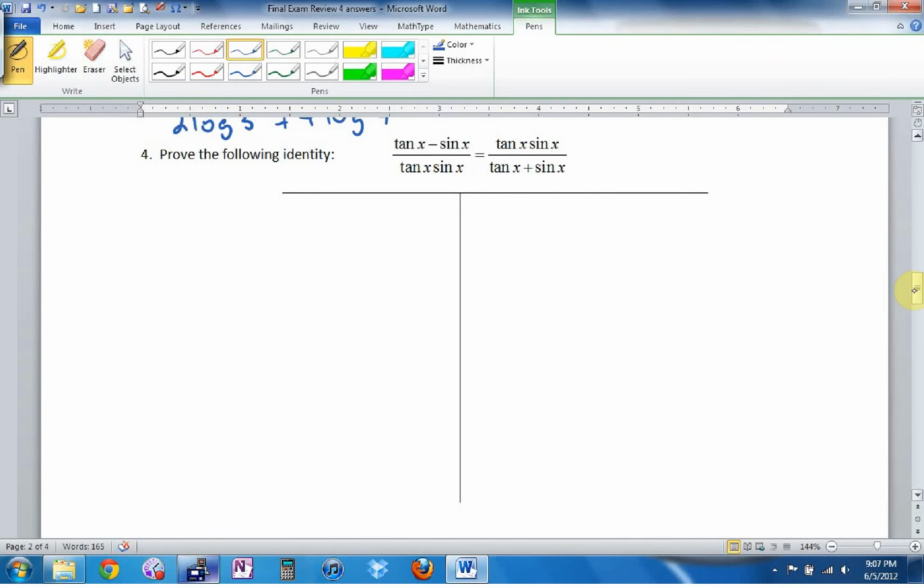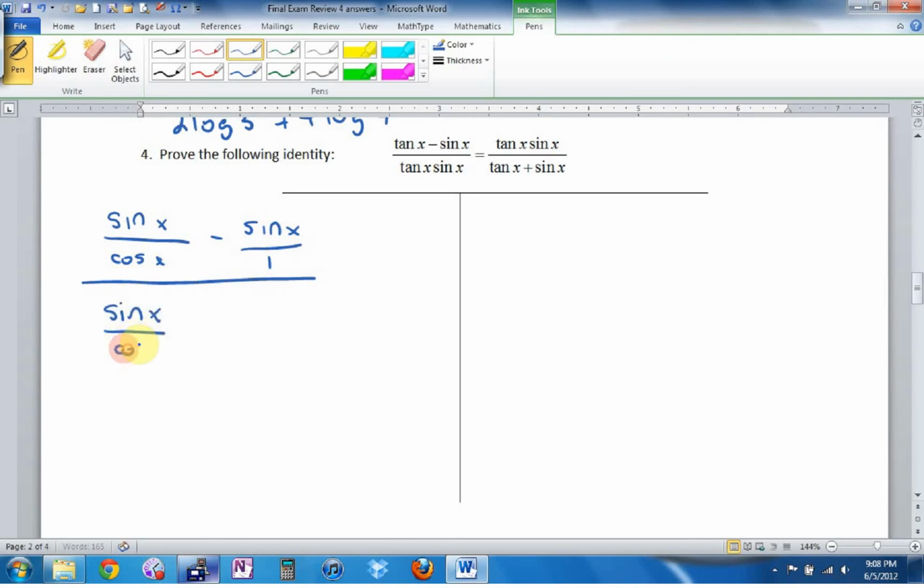A trig identity. Oh boy, I can hardly wait. This is so fun. This is also a fairly nasty one. How would I handle this? Well, start with the uglier side. They're both ugly. You know what? I'm going to rewrite everything in terms of sine and cos. Tangent is sine over cos minus, since I have one fraction, I want everything to be a fraction, all divided by